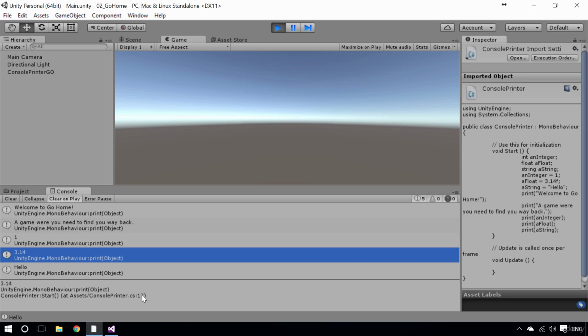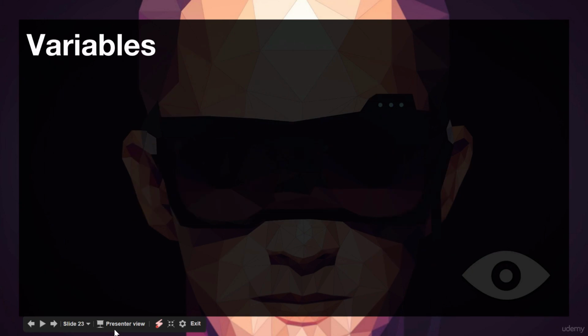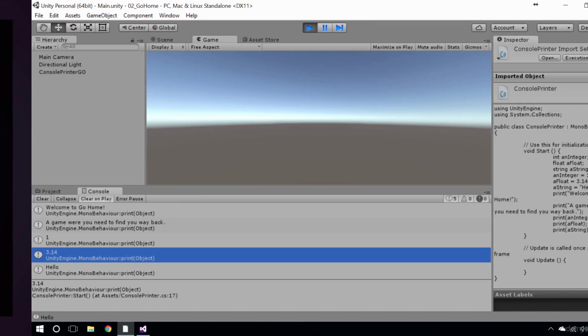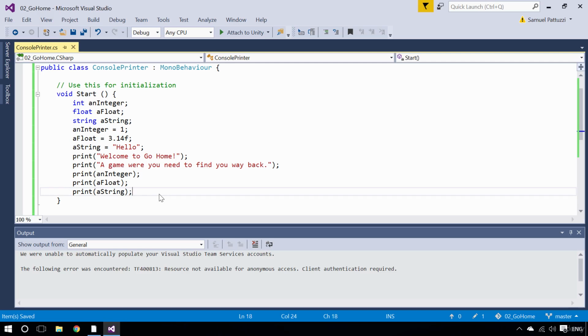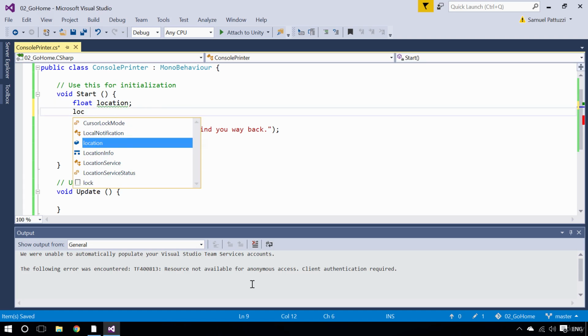So well done, congratulations, you have just been introduced to variables. And just to summarize why we were doing all of that, it's in order to be able to do locations and calculating distance from home. So now we can actually go ahead and make this a location. We can say, let's make it a float because we could be like half a meter away from home. So let's say float location, and then set that location to